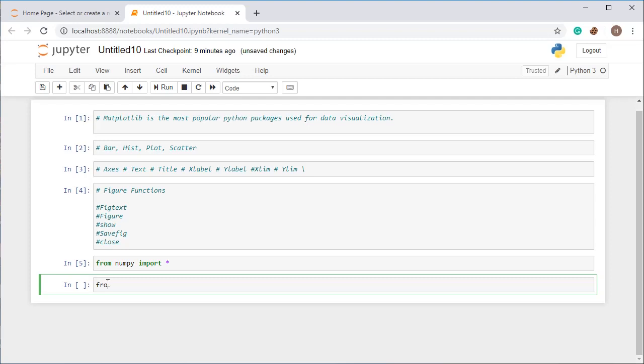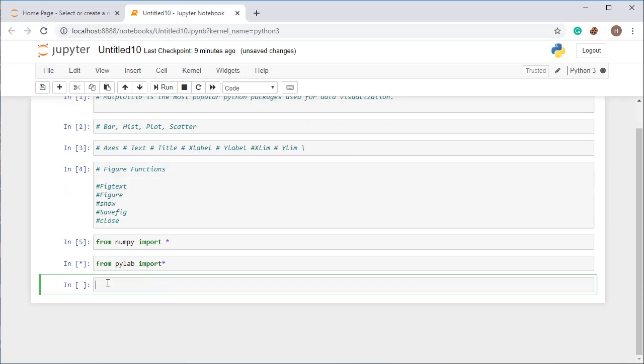Now import from pylab. We are going to import all the things. For PyLab, we can also import matplotlib and then use pylab, but we need only pylab for plotting this graph, so we are only asking for that. matplotlib.pyplot is used for the object oriented interface, so for this we need only pylab. So I am asking for that only. All right.